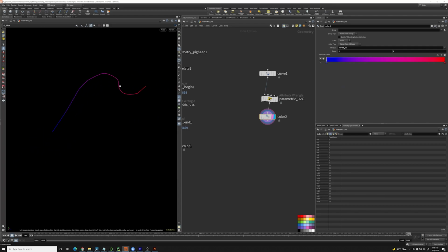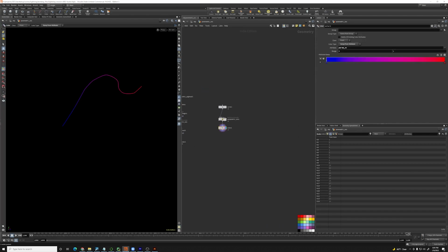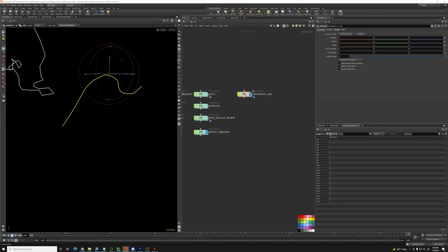These are the param UVs. Now this is not the same as using a distance along curve normalization method, because you can distort this. And if you get the distance and you normalize along the distance, then it won't be distorted. And why is this important? Well, that's going to be for the next topic,